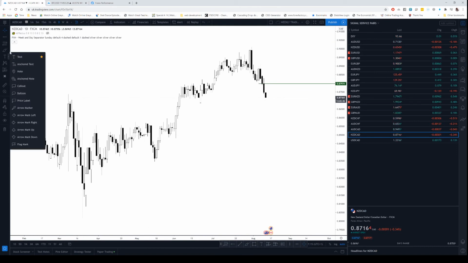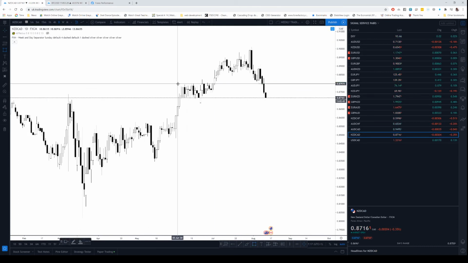Ideally we'll be looking for a trade below this whole consolidation. That's what I'll look for. I want to see a trade below this whole consolidation. So down here will be my objective,